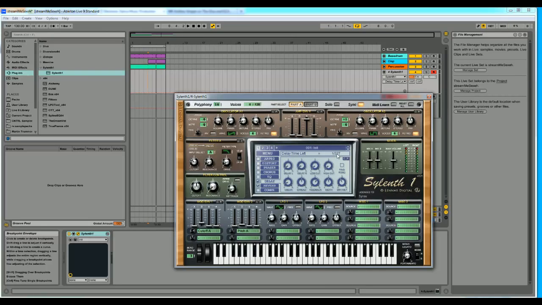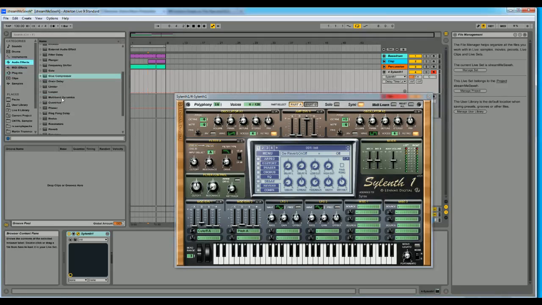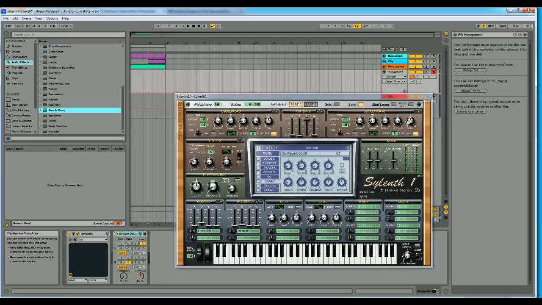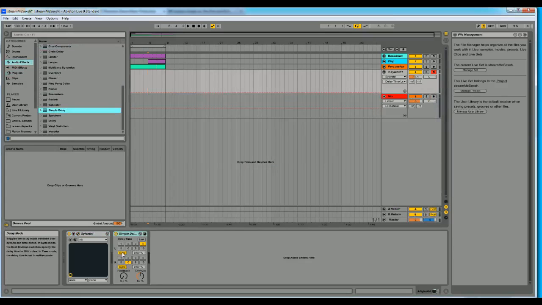Sequence with 116, 132 and so on. So I guess this is not the best tool to use then. Okay, then let's use Ableton's settings instead. Download the audio effects, Simple Delay. We can press off sync and set